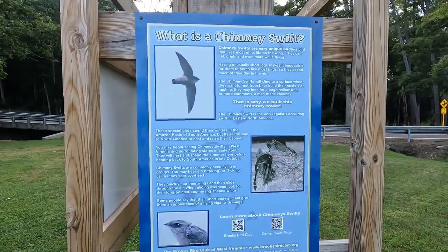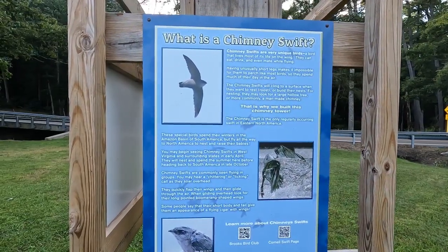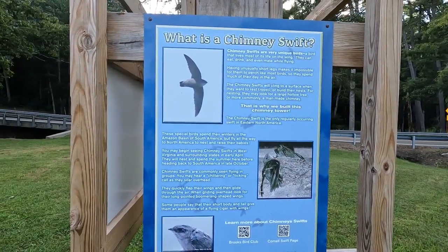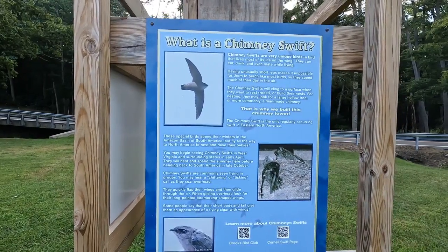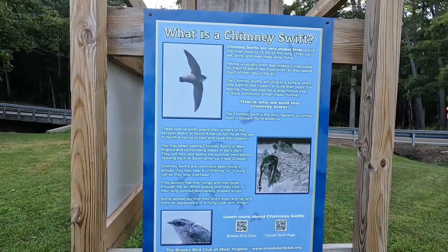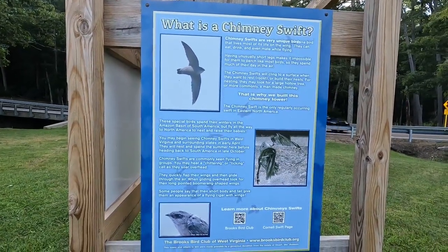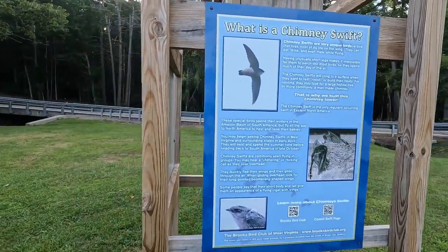In the park here is a very interesting thing about the birds called chimney swift. Now, I'll be honest, I never heard of them before. They say they're very unique birds that lives most of its life on the wing. They eat, drink, and even mate while flying. So you can read the rest of this plaque. You'll have to pause the video. And then when you're done,